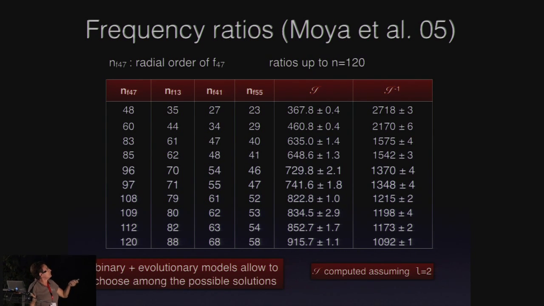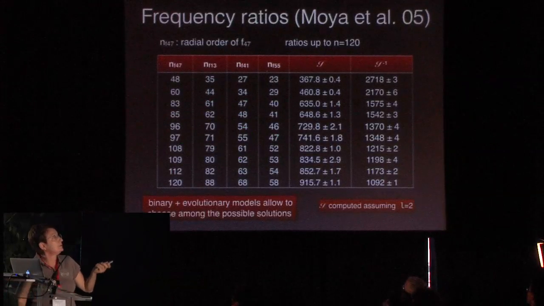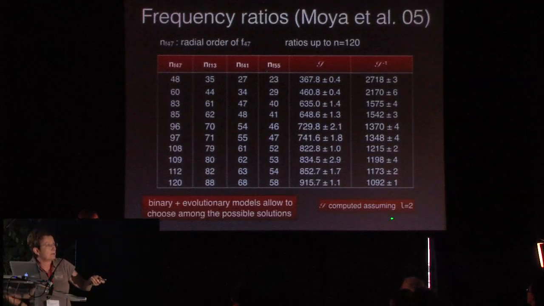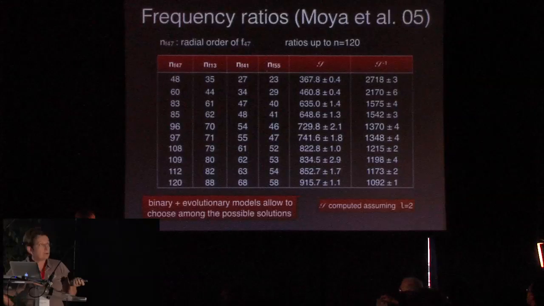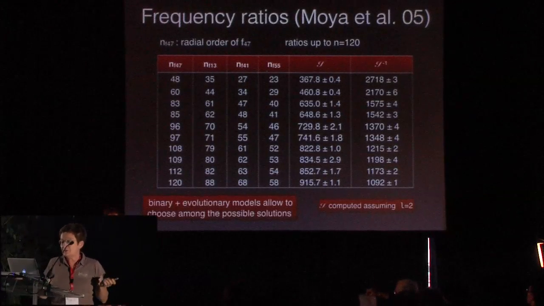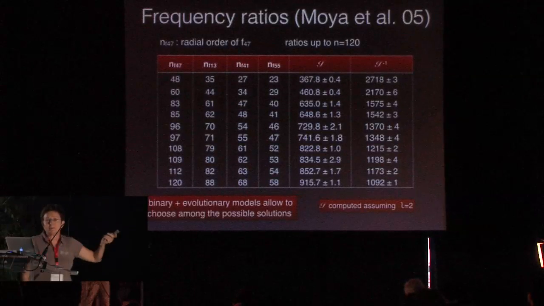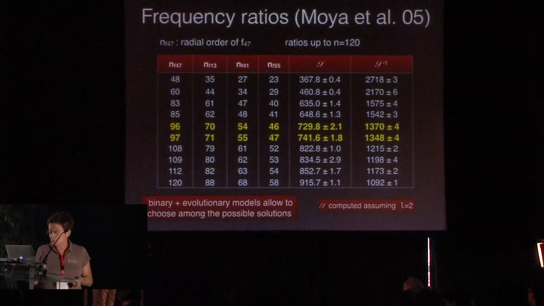Actually, when you do that, we found a list of possible combinations that were following the relation, with different values of the Brunt-Väisälä integral, which was computed assuming l equal to 2, because it is more likely to have this type of frequency modes excited. But I will show you that thanks to the binary and the comparison with the evolutionary models, we will be able to tell which one is better in this long list of combinations. So let's go to